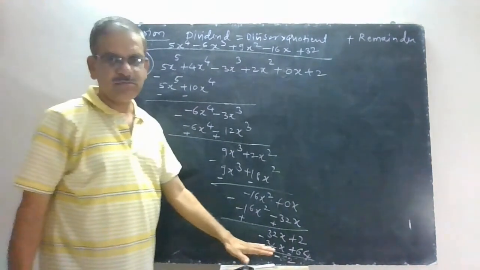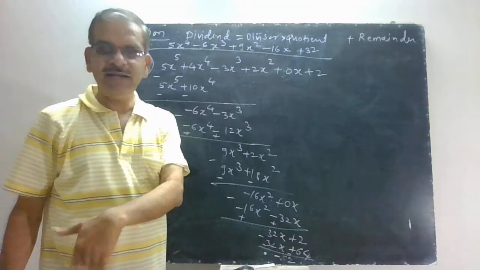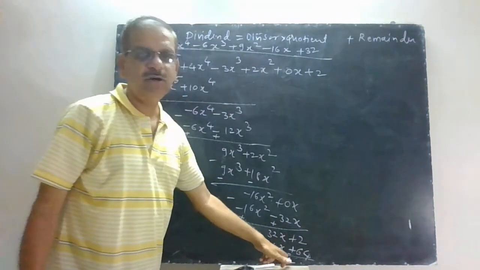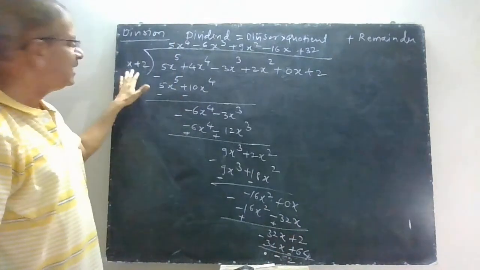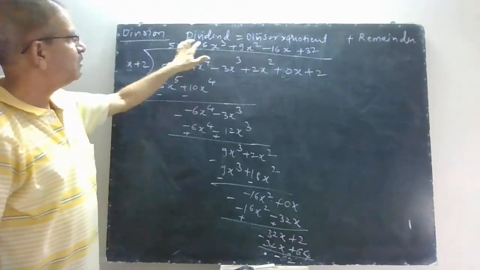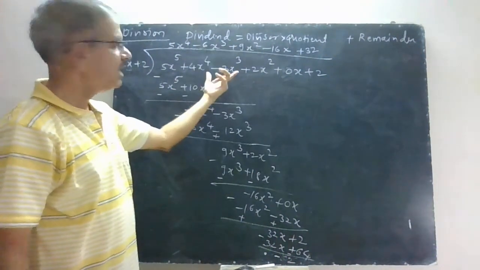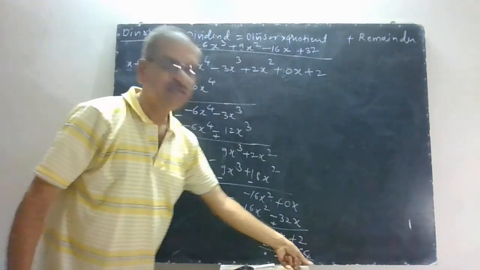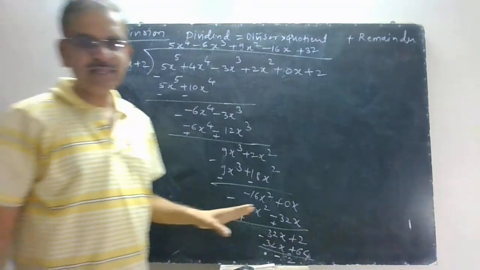So remember, we are going to see the lemma later on, but as the example you have seen, you have stopped the process because the degree of this remainder is less than the degree of the divisor. And now you can write down the dividend, that means you write this one is equal to this one into the quotient, plus the remainder, so that you can write down the answer in this form.